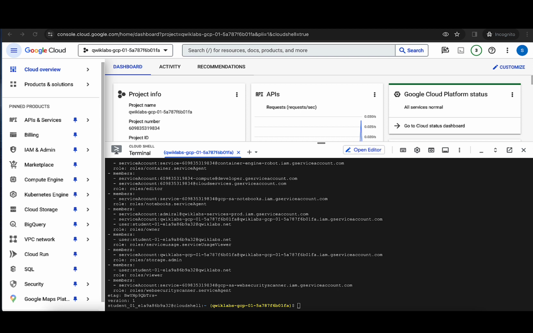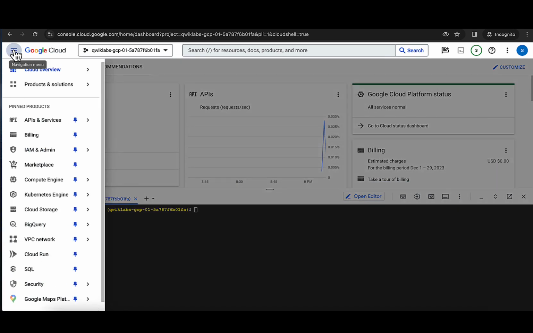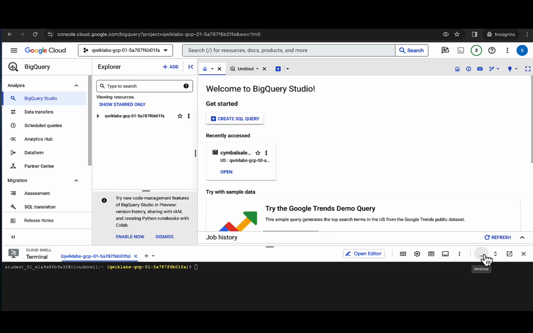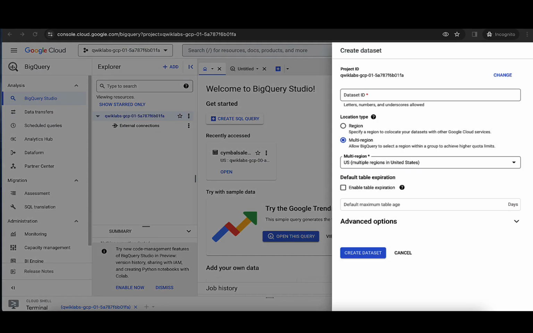So let's get started. The next step would be to create a Python notebook, and then we'll work with the data. So I will go ahead and open BigQuery Studio. Let's minimize the Cloud Shell. So I'll create a dataset here and name it e-commerce and set the location. So here we click on the three dots, create dataset. I'll type in the dataset ID